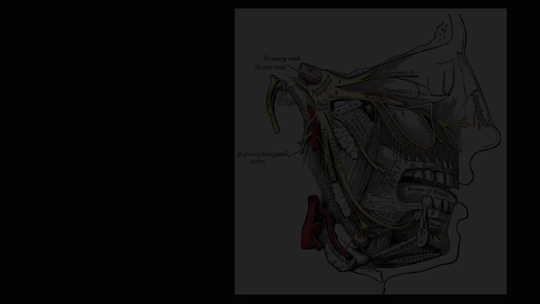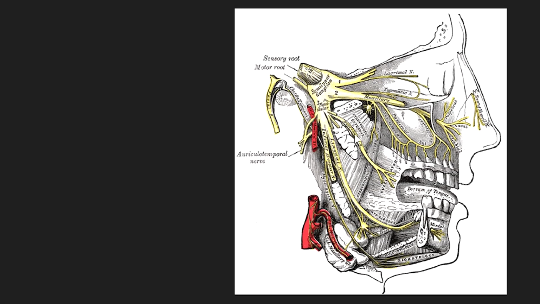Dr. P here talking about the ganglia of the head and neck, and I want to focus on the parasympathetic ganglia. There are 4 of them in the head and neck. 2 of them are visible here, the pterygopalatine ganglion, also known as Meckel's ganglion, the nasal ganglion, and the sphenopalatine ganglion. Then we've got this one below, the submandibular ganglion, an important one, and 2 that do not appear in this classic drawing from Gray's Anatomy,